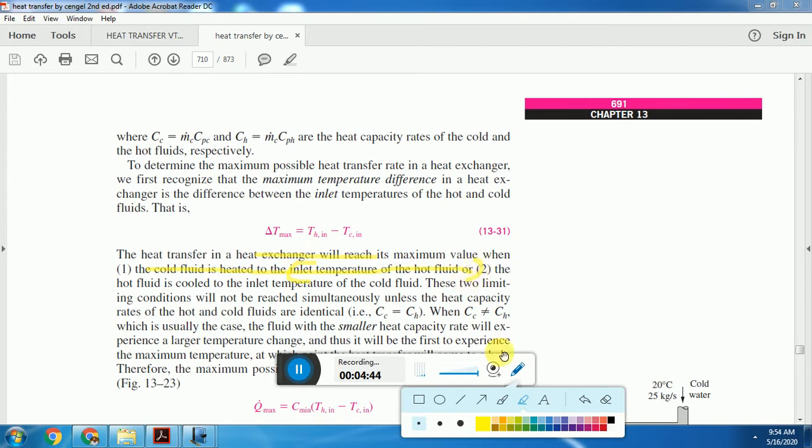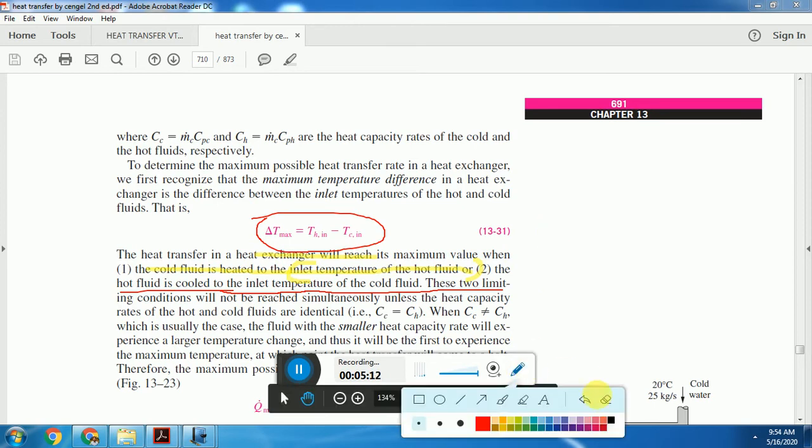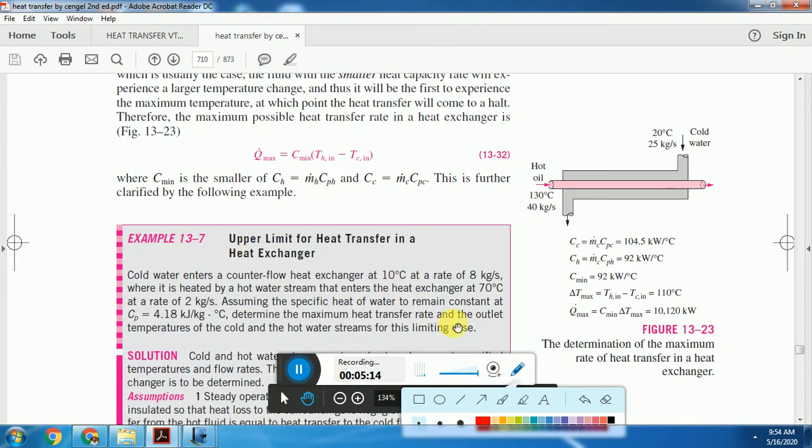As well as when the hot fluid is cooled to the inlet temperature of the cold fluid, then we will get maximum temperature difference. Therefore maximum temperature difference here is Thi minus Tci. Maximum heat transfer will be